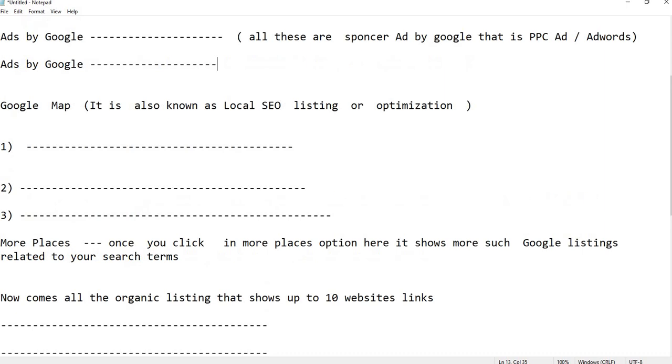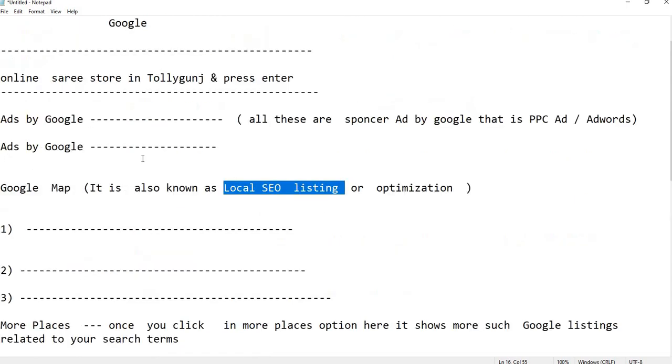If the client's budget is tight, and we all know that in this pandemic situation everyone's budget is a little low, but he is looking for a top page ranking in his area, then definitely local SEO will be the best for him. If he has a good budget to invest and is looking for faster results, that is immediate client response for his business or product, then definitely Google AdWords or PPC is recommendable.